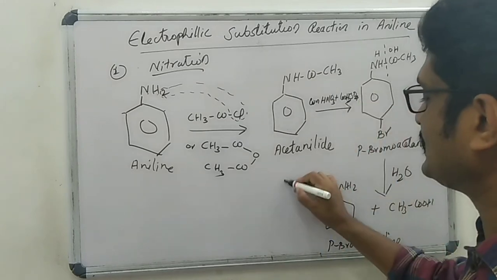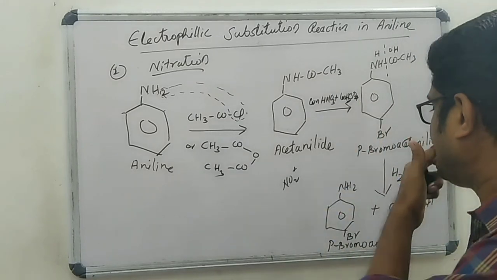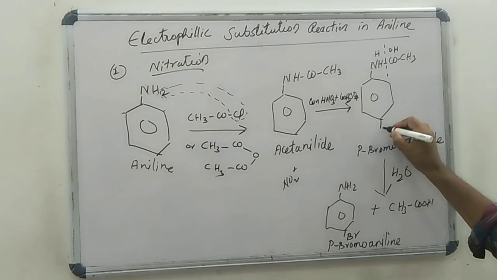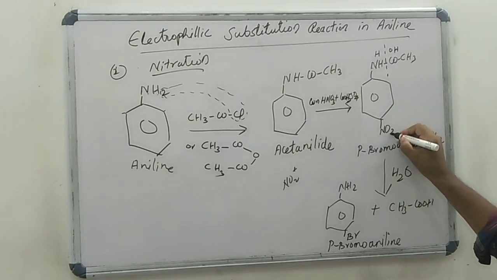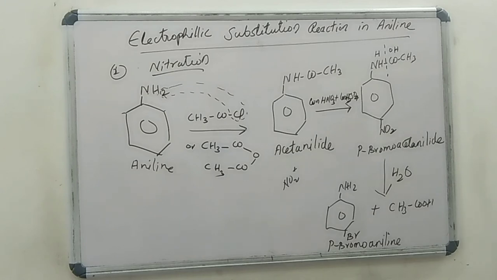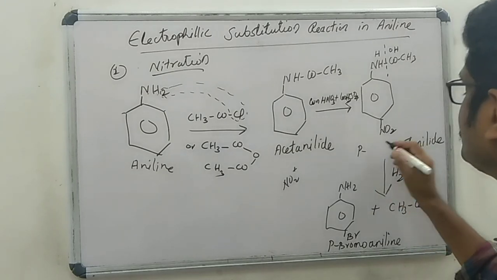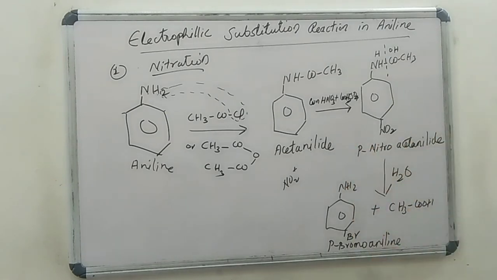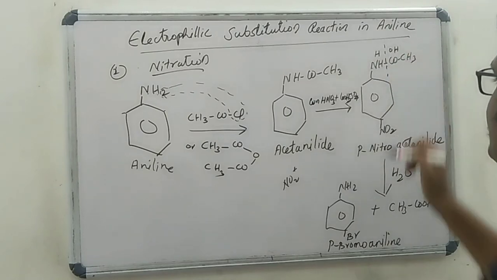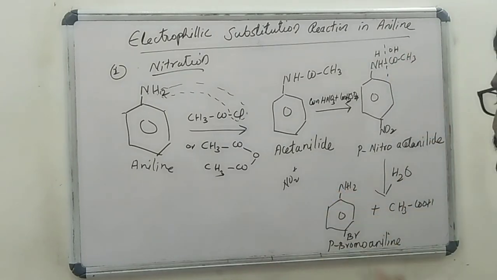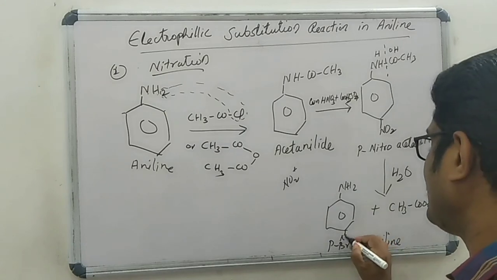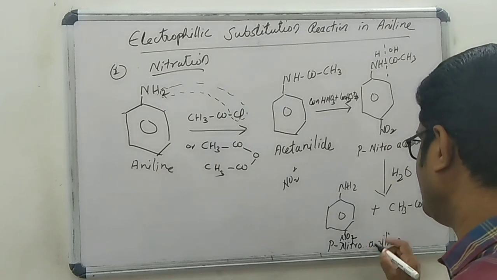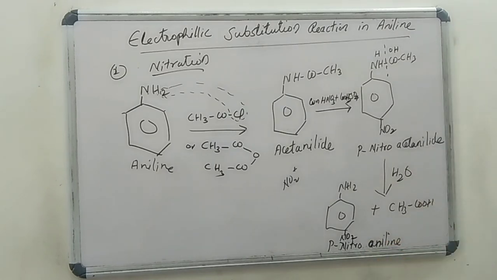Here the electrophile is NO2 plus. The electrophile is directed towards the para position of the benzene ring and forms para nitroacetanilide. Then same stuff, hydrolysis. The nitrogen carbon bond breaks and forms para nitroaniline. Para nitroaniline is formed as the major product